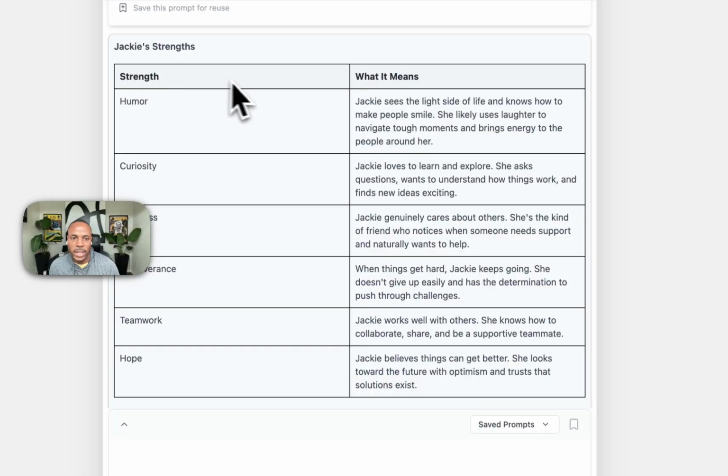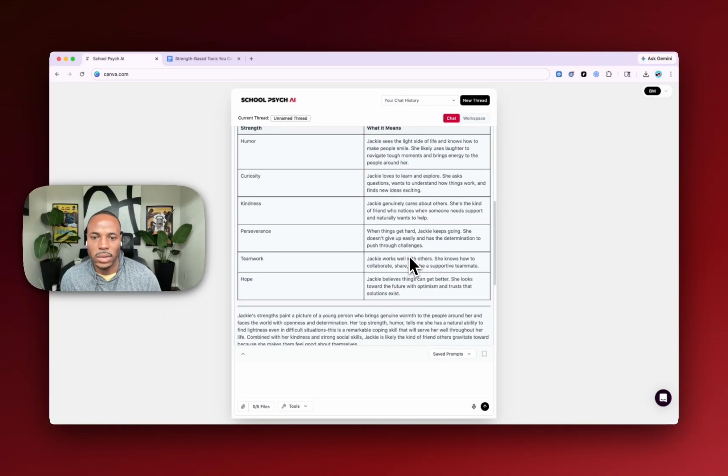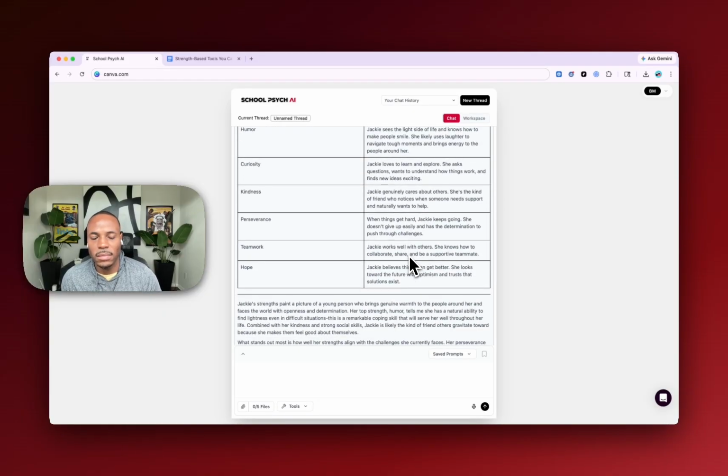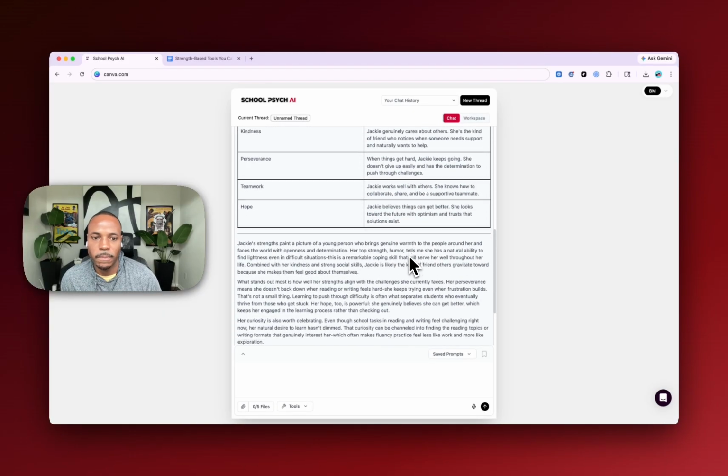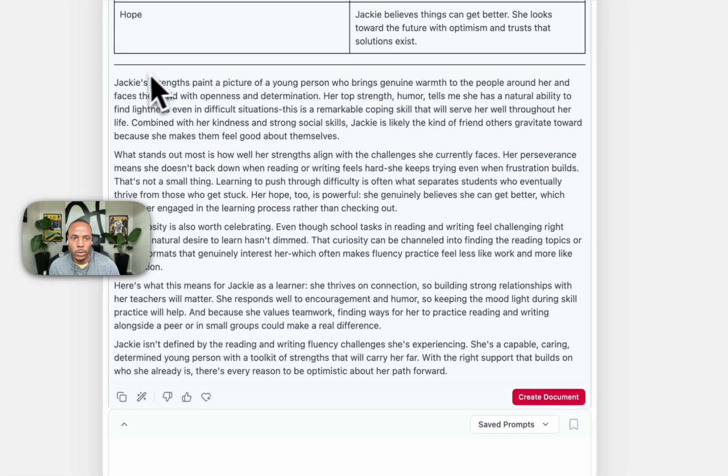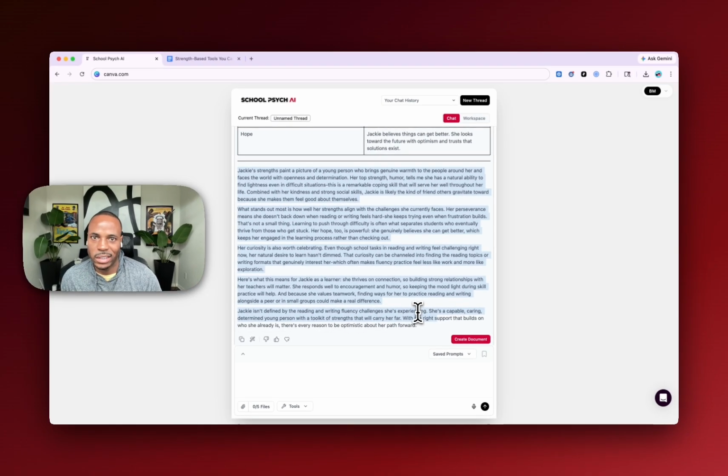She returns a table of strengths, with the strengths in the left column and what it means in the right column. So now I can quickly scan this and see what it means. I like that. And then Sophia gives us a super short narrative right here of what each of these strengths mean. And in a few seconds, you're getting started.